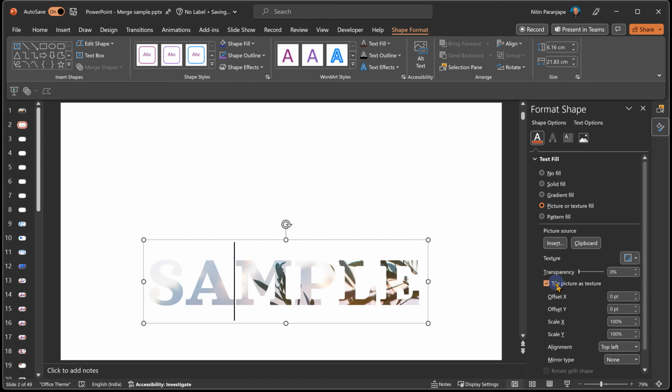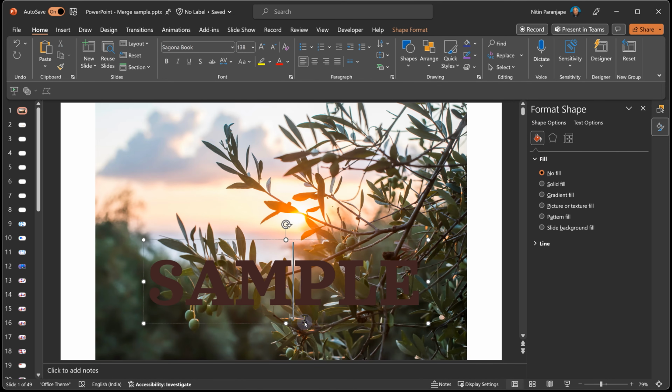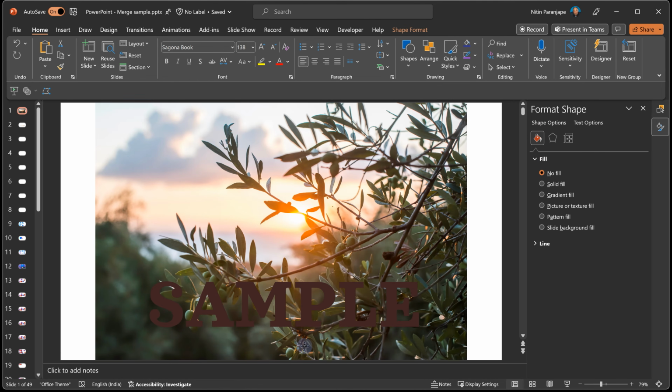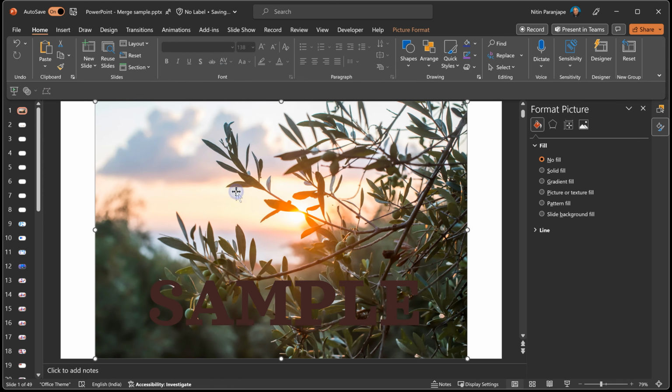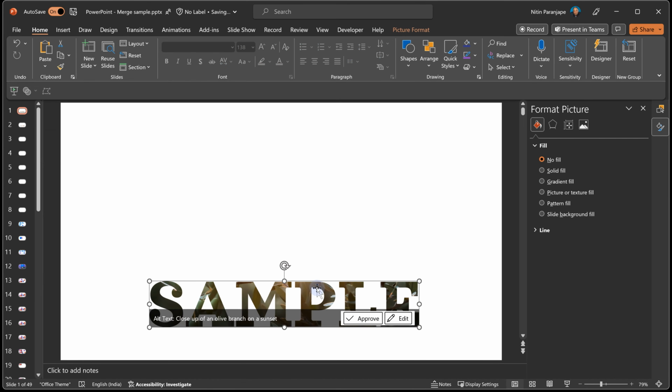So you say tile picture has texture, and now it starts from top left, right? This is top left. If I say center, it will be somewhere in the center. But it is very difficult to choose the exact part of picture which you want to show through. Whereas here, what is going to happen? I am positioning the text exactly where I want the picture to be seen through. Then select the picture, shift click text, and one more click for intersect, and I'm done.